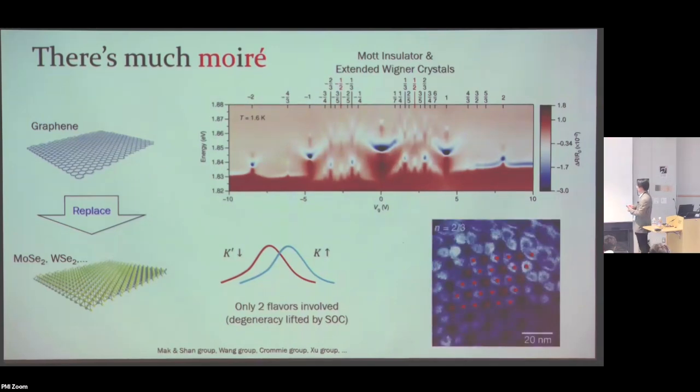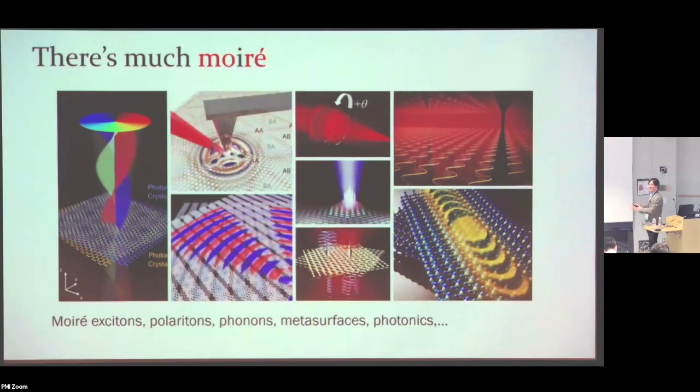You can also see this in STM images. Look at these Wigner crystal states. So there's a different path of realizing correlated physics in twisted moiré materials. I also want to mention that outside the condensed matter field, there is a lot of interest in twisted structures and their applications as well, especially in photonic crystals and also phononic crystals and so on. You can use the same principles that we described here to, for example, engineer photonic flat bands or phononic flat bands that have applications in quantum science and other fields.